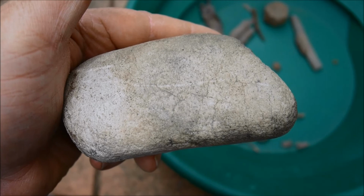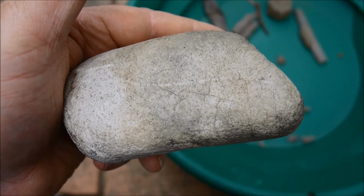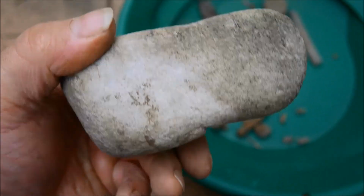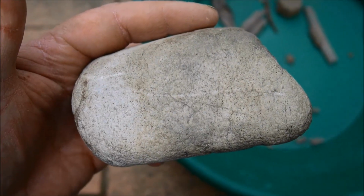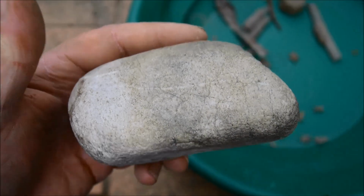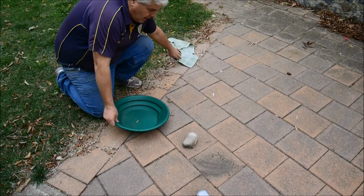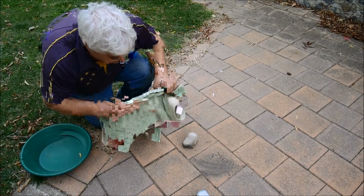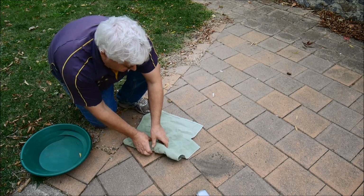Hopefully we'll find something in it that's worthwhile. What I'll do is wrap it up in a blanket and crush it up, and then I'll use the pan to see if there's any gold in it, unless of course it's visible. Okay, I'll stop the video here and I'll go and get Justin too, who was with me. Well, I'm back again. Just going to wrap this rock up in a bit of